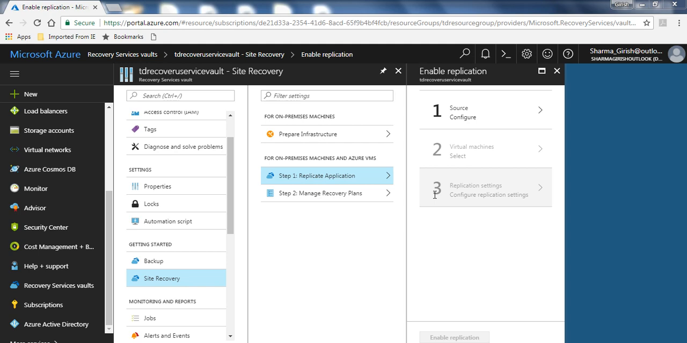So in the last video we specified the source and the target, so that was the preparing infrastructure part that we did. In today's class I will show you how you will perform the replicate application part. So I am on the same subscription that I used last time. From the settings you'll go under getting started and then Site Recovery, and then you select step 1, replicate application,